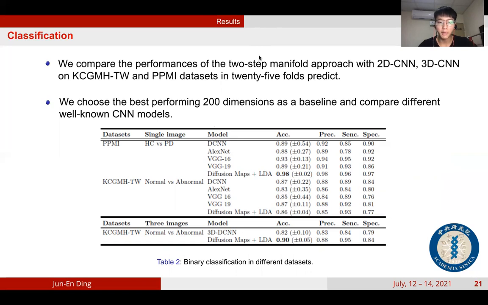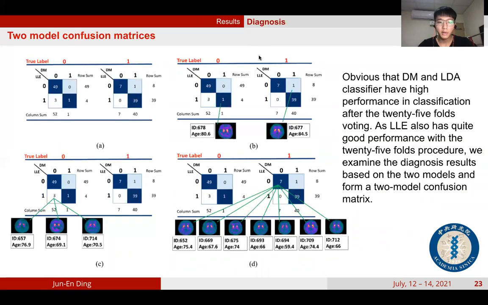In comparison, our method, the M-L in PPMI with a single image and in KCGMH-TW with 3 images, has average accuracies of 98% and 90% with lower variability. Overall,